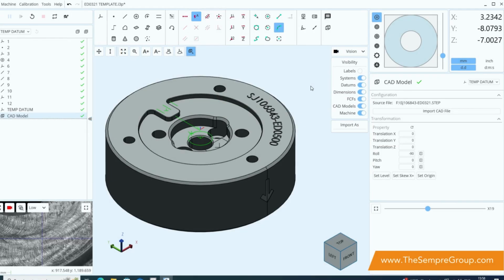So now we're going to extract some of the geometry from the model itself, and the way we do that is to ensure that we have our import mode on. Once it's on and we highlight the parts on the CAD model, you can see that we can select some of the features. I'm going to select this circle right here, and you'll notice that as we try to import it, we can import it either as a single circle, and you can see it's been highlighted as such, or as two separate radiuses instead. In this case, at least, we're going to conjoin them together and import them